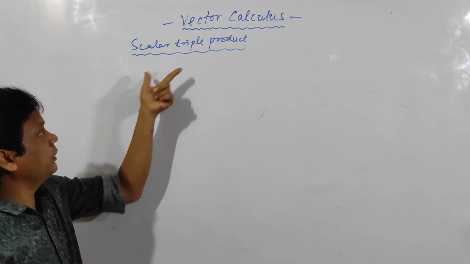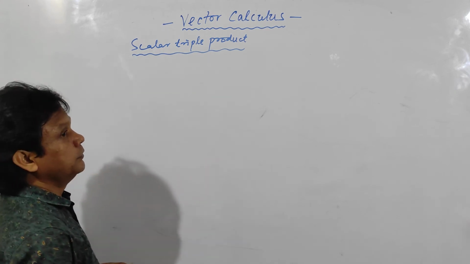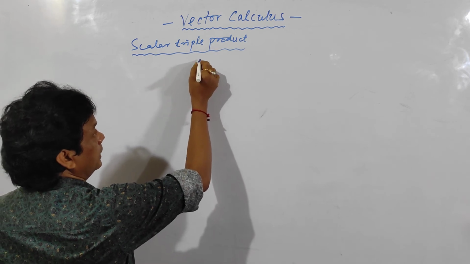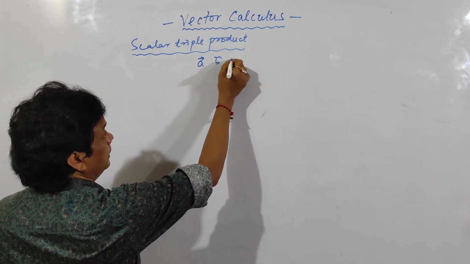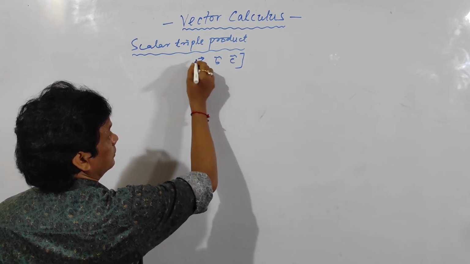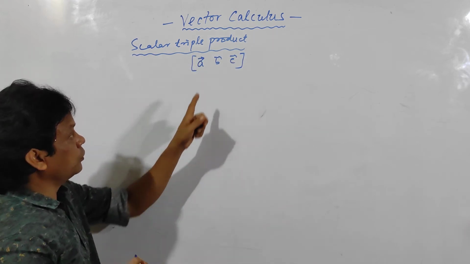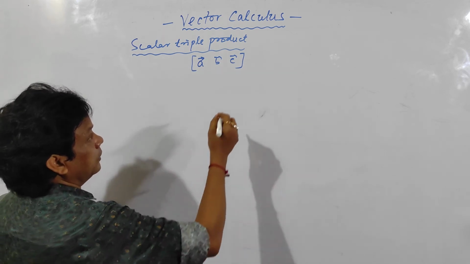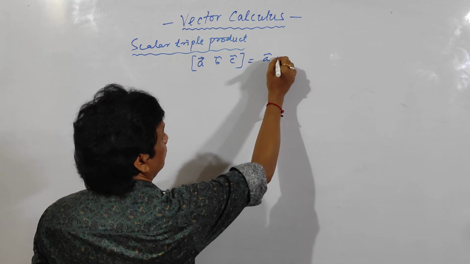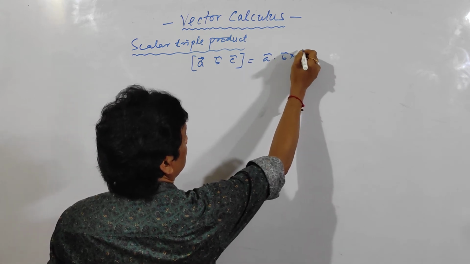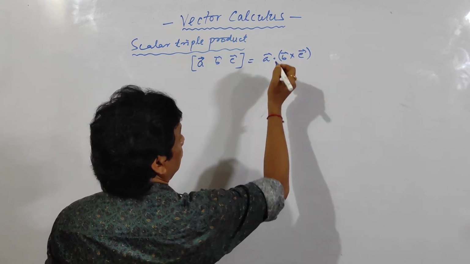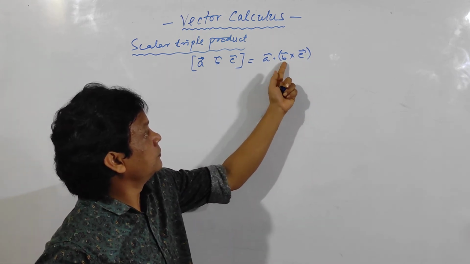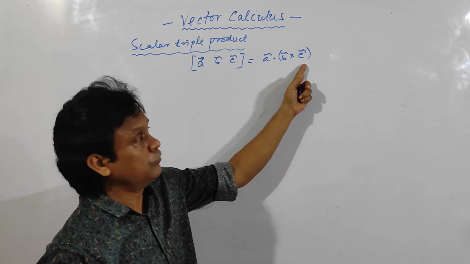So now I am going to tell you about triple product. There is scalar triple product, and the scalar triple product of A, B, C is denoted like this: A, B, C. Put a square bracket like this. Don't put commas. Simply ABC. Put some gaps in between, and whose value is A dot B cross C. So always put a bracket to the cross product part. Don't put a bracket here.